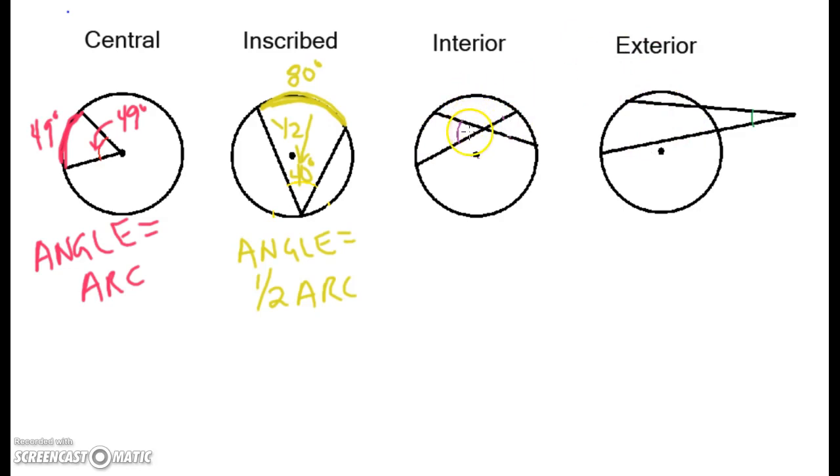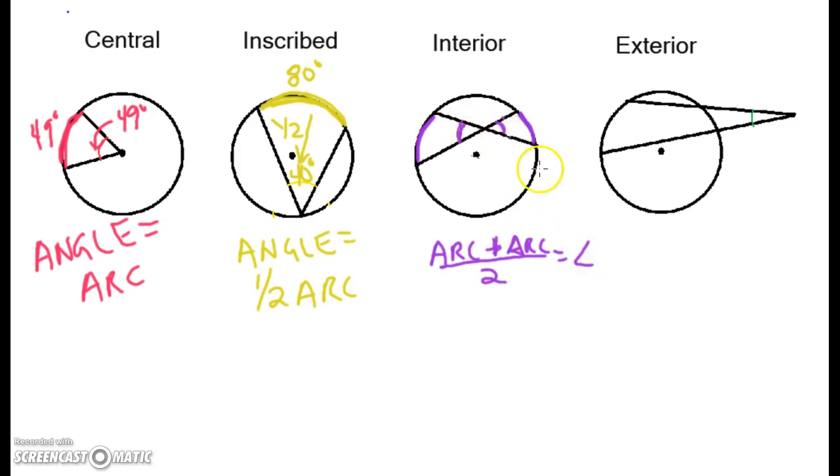The interior angle is somewhere in between, switch colors, somewhere in between this arc and this arc. All right, I think you guys will all agree with me that this angle and this angle have to be equal because they're vertical. But that doesn't mean that these arcs have to be equal. The angles just need to be exactly in between these two arcs. That's an average. So you would do arc plus arc, that's a plus sign, divided by 2 to get the angle